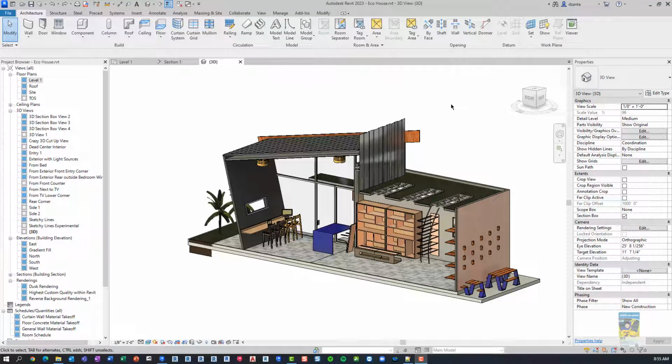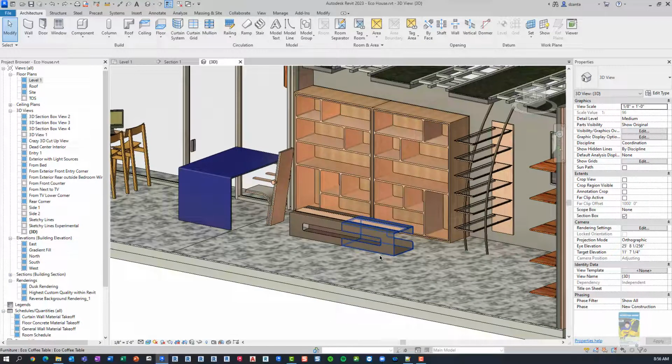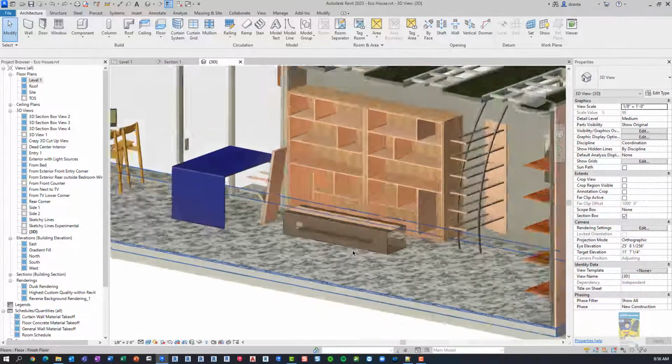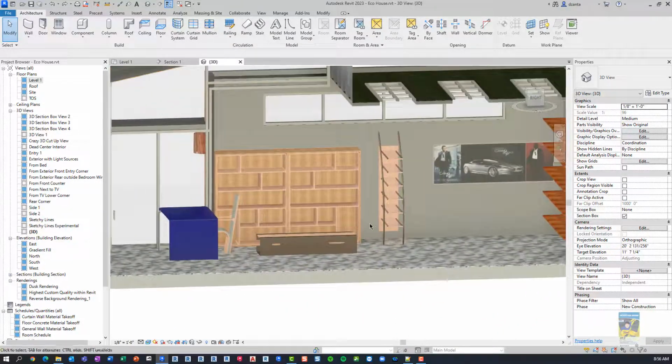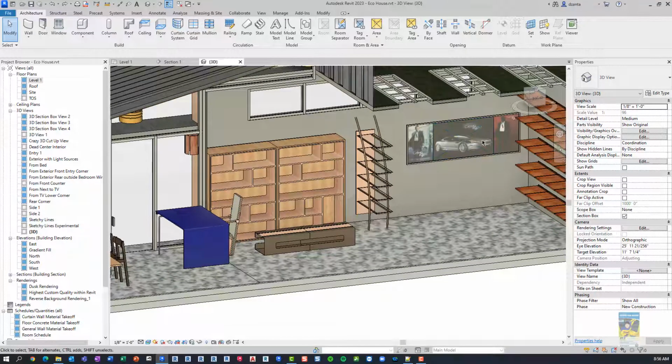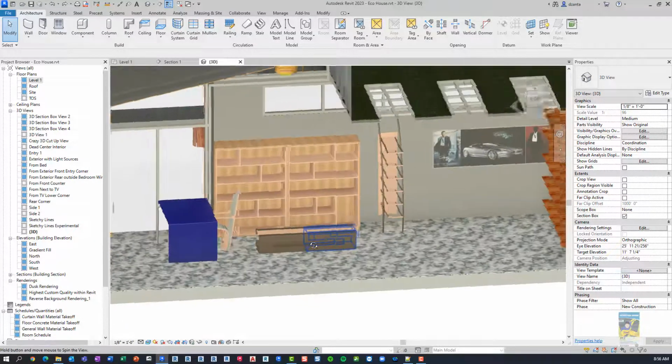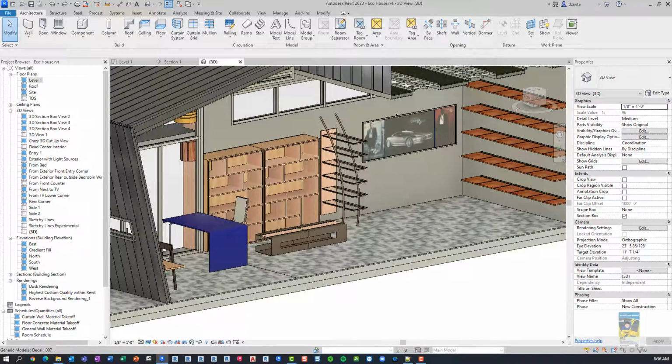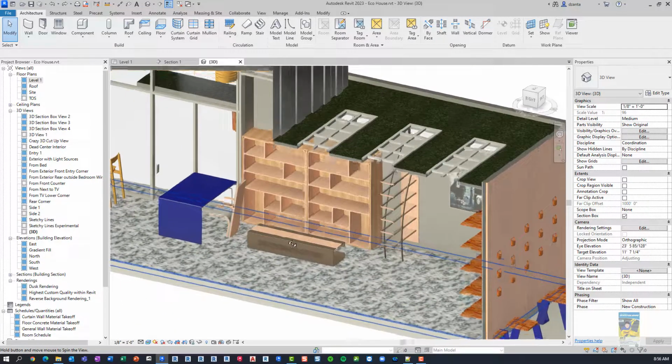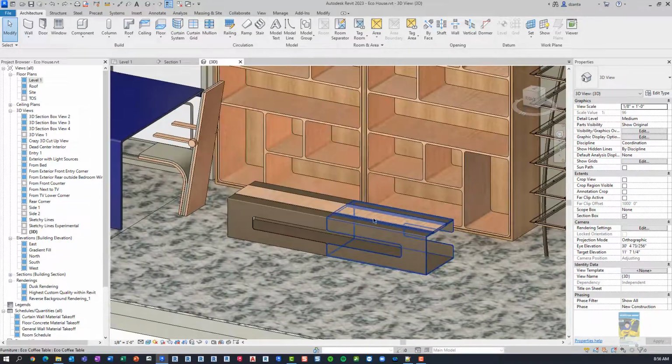Today's video is on what's new in Revit 2023, in particular the work plane enhancement functionality. I have Revit 2023 open and a 3D model open with a section box hidden. If we zoom into this view, we can see that there's a coffee table here. Perhaps we want to put in an image similar to what we did here with the TV. The way we did it over here was we placed it via Decal. But I want to try to place it over here on the coffee table using the new functionality of work